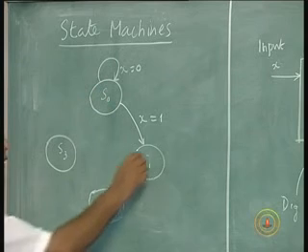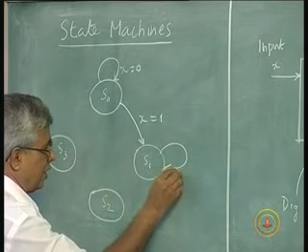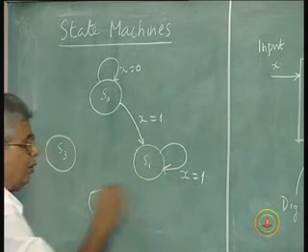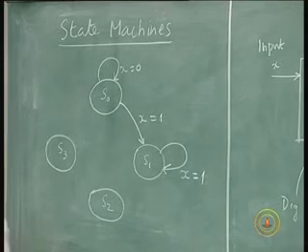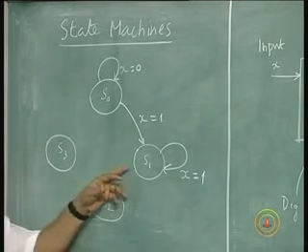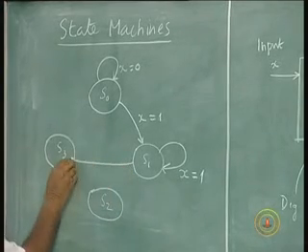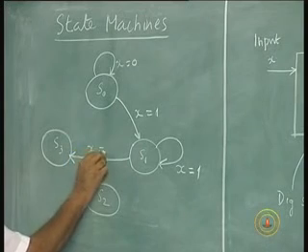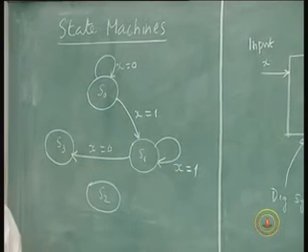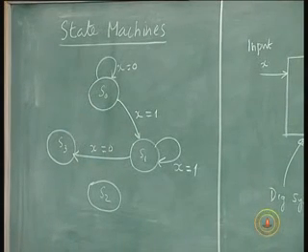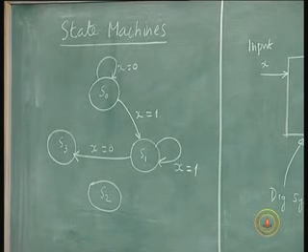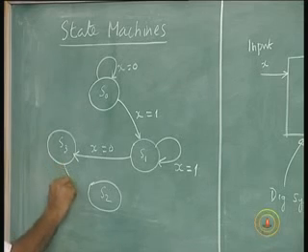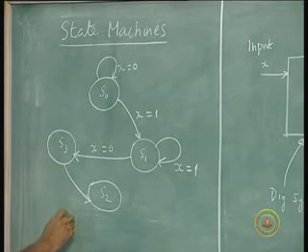On the other hand, just for a change, I will say if X is equal to 1, the circuit remains in S1, and it goes from S1 to S3. I'm writing this in a random, arbitrary way to tell you that these are also possible. Don't think that it has to go in a chain or anything like that. And from S3 it may go to S2 if X is equal to 0,